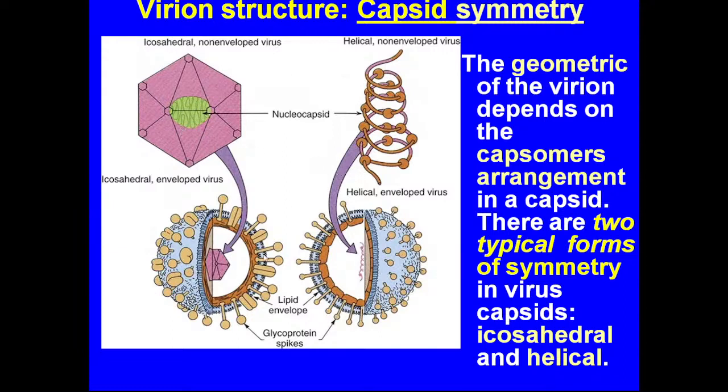You may see here two types of the enveloped viruses, right? And you may see that the inside structure, that is a capsid, can be of two different types. One type is icosahedral and another type is helical. And